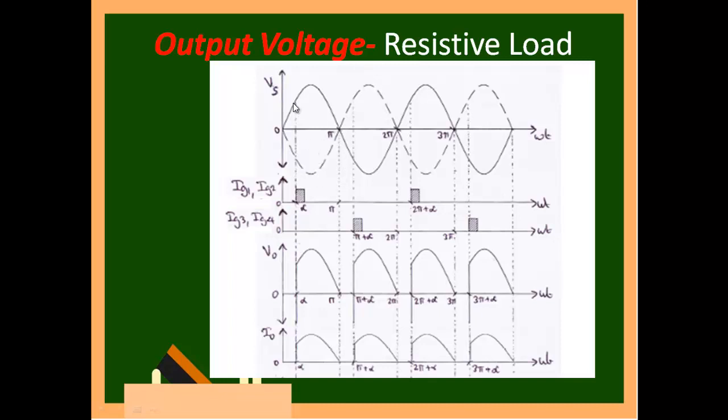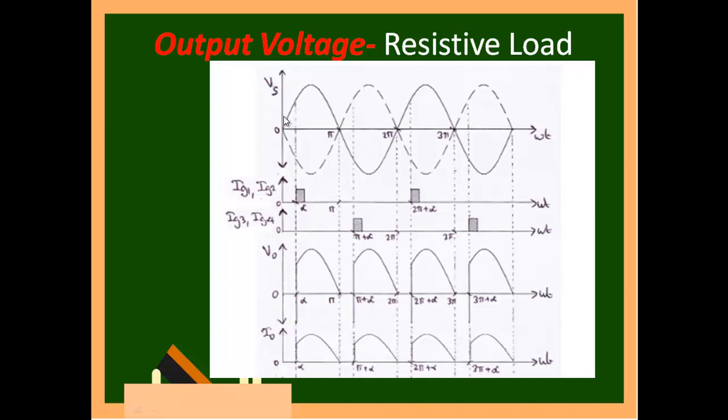There is no such waveform actually. You will have only this positive half cycle and this negative half cycle. This is one full cycle. The cycle starts from 0 till pi in the positive direction, then from pi to 2 pi the cycle is in the negative direction. Now I have taken two thyristors. One I will turn on for the positive half cycle, and another for the negative half cycle. Thyristor or transistor, whatever you say, it is a semiconductor device.